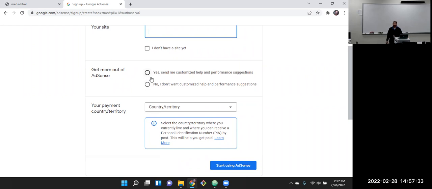They will give you suggestions. They're an advertising company, so as your site does better, well, they're a middleman. As your business does better, the middleman's going to make money too. So they will be very, very happy to help you improve people getting to your site. And people are probably going to find your site because Google told them about it in search results. So you're usually going to want to click yes, get suggestions,